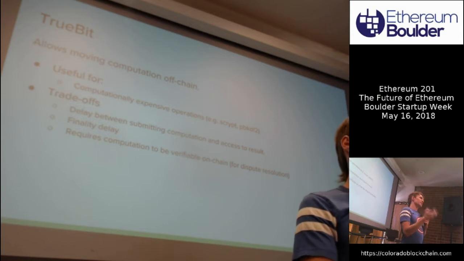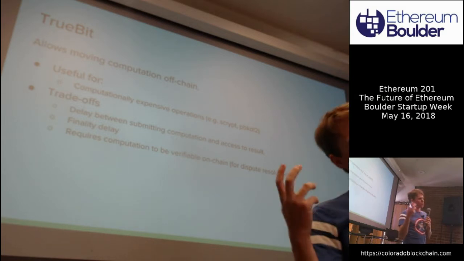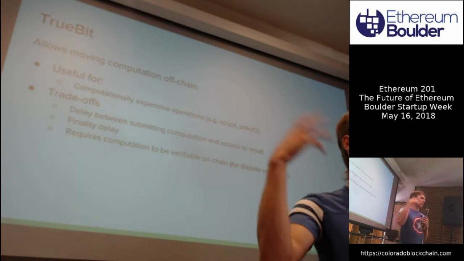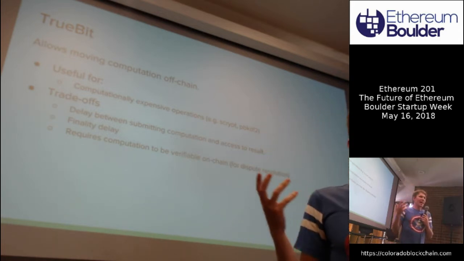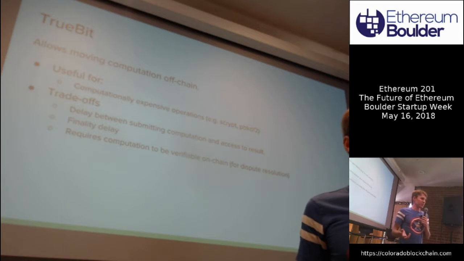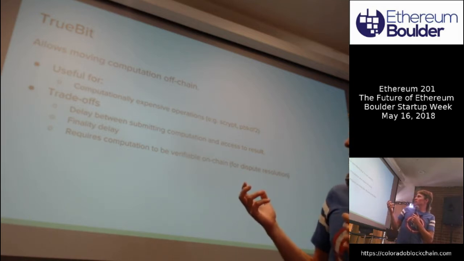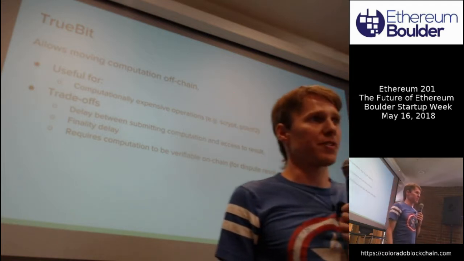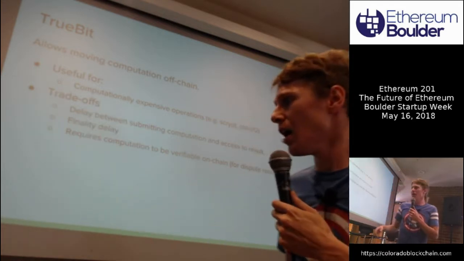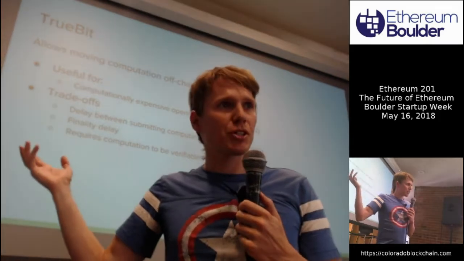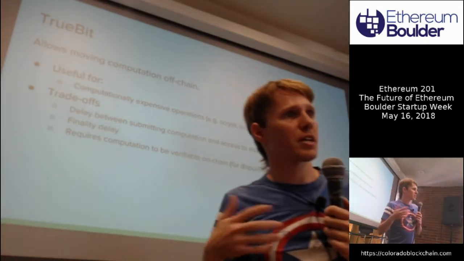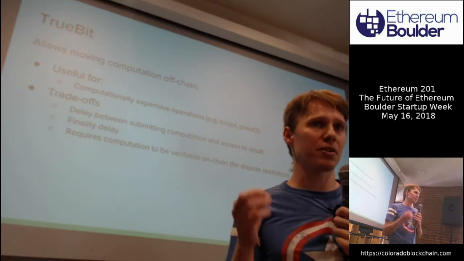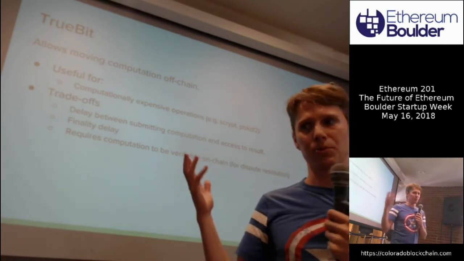Things like the technology that applications use to store your passwords are intentionally very slow algorithms that require lots of memory and lots of computation. And running those on the blockchain is prohibitively expensive. So this is a potential solution for those types of things. It allows you to move these things off-chain. This is an application-specific speed up. It isn't going to be a generic across-the-board thing that speeds everybody's applications up, but there are plenty of applications that will be able to make use of this.